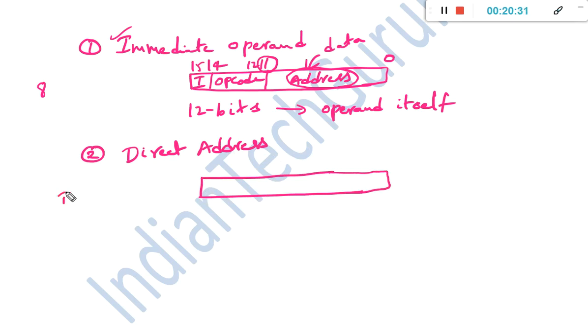If the I value is equal to 0, then it represents a direct address. So now this I bit is 0, there is a 3-bit opcode, and the address becomes a direct address from 0 to 11, and from 12 to 14 the opcode is there.